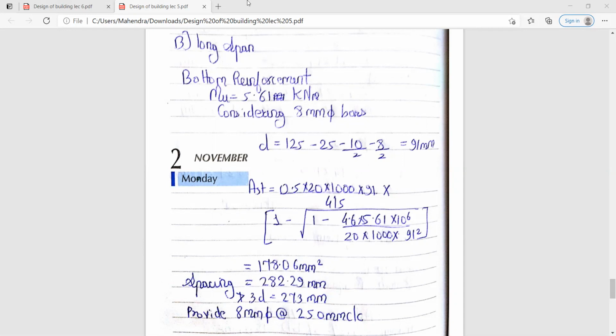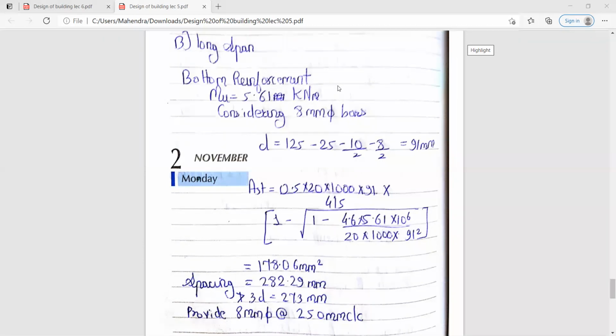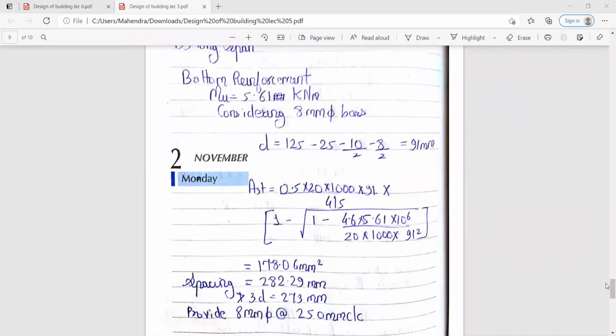Yes, understood? Okay. Yes, what about others? Mujahid, did you understand up till here? Okay. So, after that,